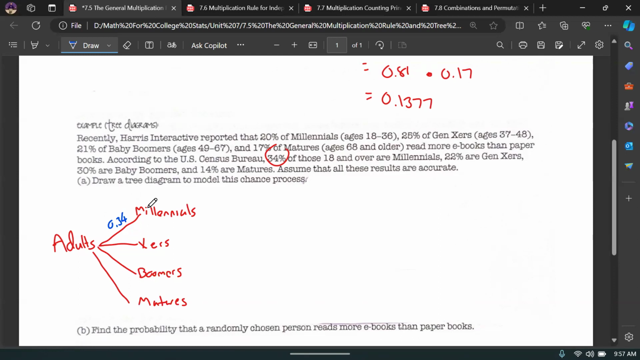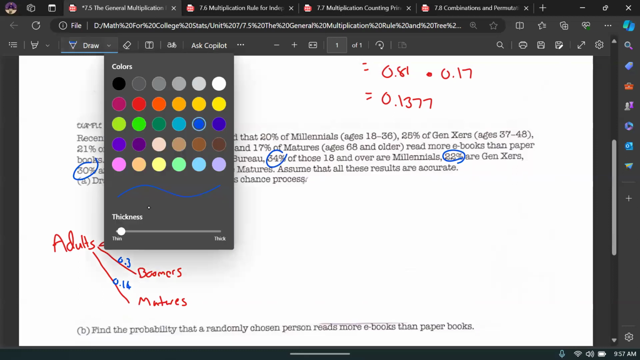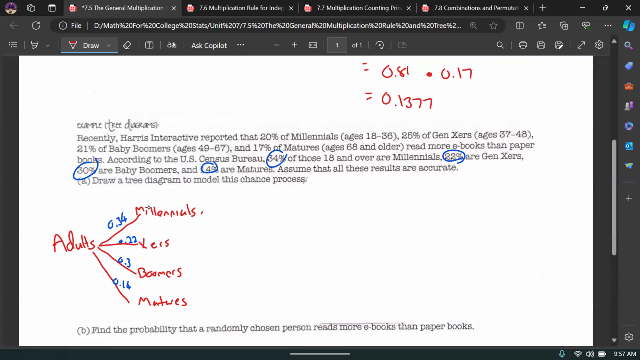What else does it say? 22% are Xers, so 0.22. 30% are boomers, so 0.3. And then 14% are mature, so 0.14. Now, better yet, of millennials, we can see how many people prefer to read ebooks versus people who don't read